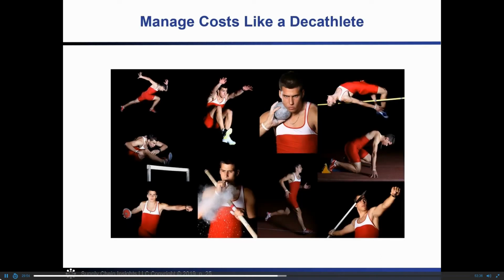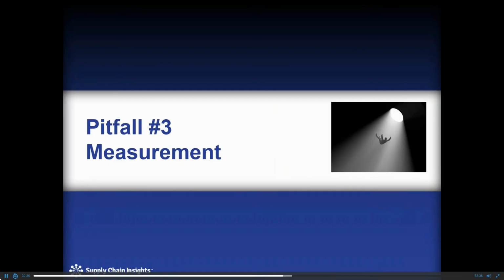Now, we have to manage demand like a decathlete, and one of the things we have to do is manage cost. And when we think about that river of demand and we translate demand into each function, we've got to look at how do we manage total costs, not just transportation costs or procurement costs or manufacturing costs. Because sometimes satisfying customer service on intermittent demand means that I've got to increase transportation costs. So maybe I've got to ship more frequently or ship in smaller trucks or make smaller batch runs in manufacturing. And the focus needs to be on total costs, because if not, I will never align for what's happening in the demand signal.